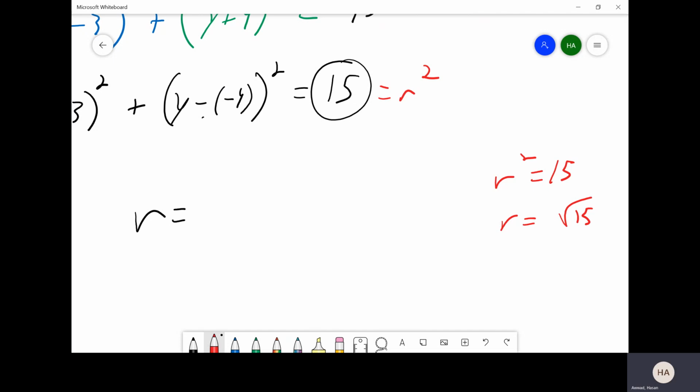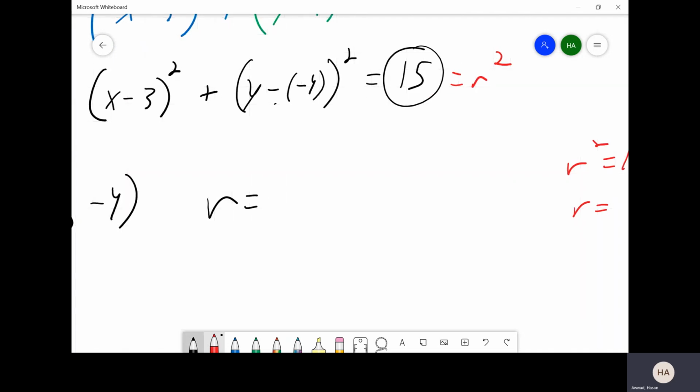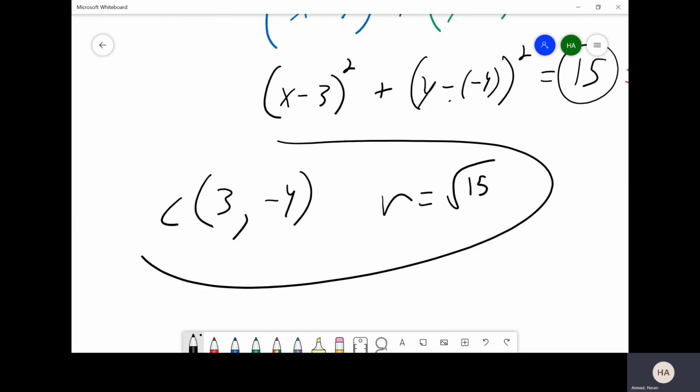Take the square root of both sides. You just get r is equal to square root of 15. And we don't care about negative values because radius is a distance. So radius has to be positive. Hence, we know that the radius is square root of 15. And we're done. We have arrived at our destination of finding the center of our circle and also finding its